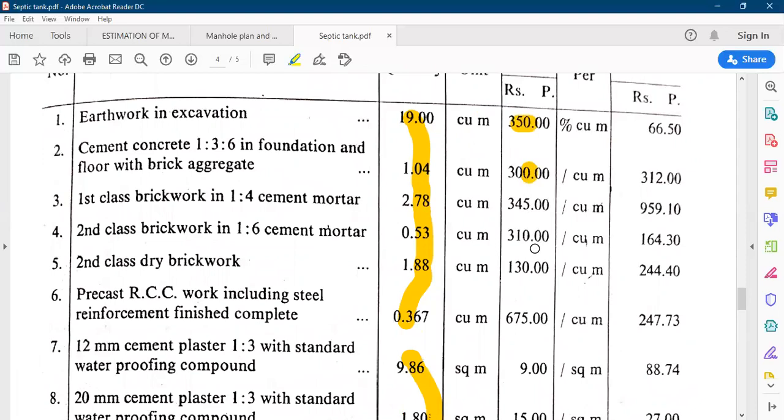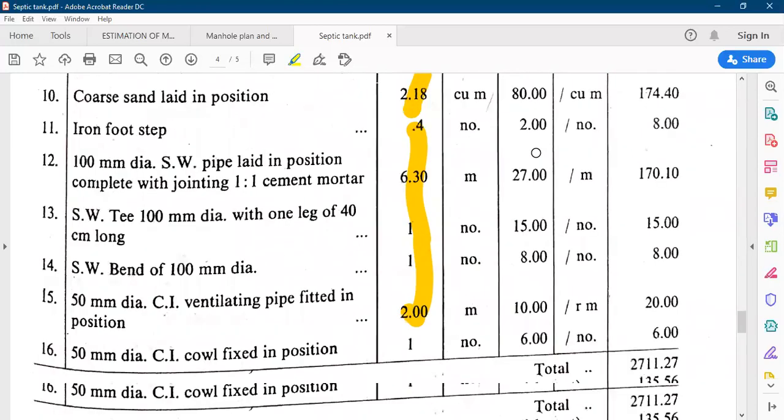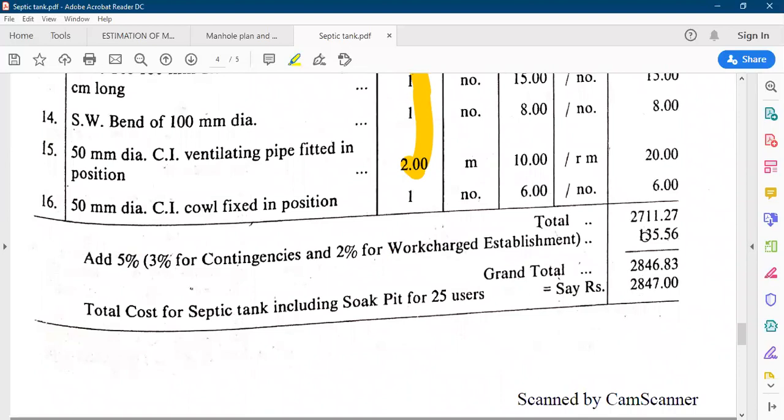There are 3 different regions in Karnataka: the Bangalore region, the Ballari region, and the Belgaum region. In all these 3 regions, the PWD department announces the standard rates for labor charges. According to those rates, we have to take the rates for the calculation of the estimated amount. Quantities we can calculate from the plan and section, and those quantities are multiplied with the rates shown here. By multiplying the rates for each and every activity, at the end we get the total estimated amount